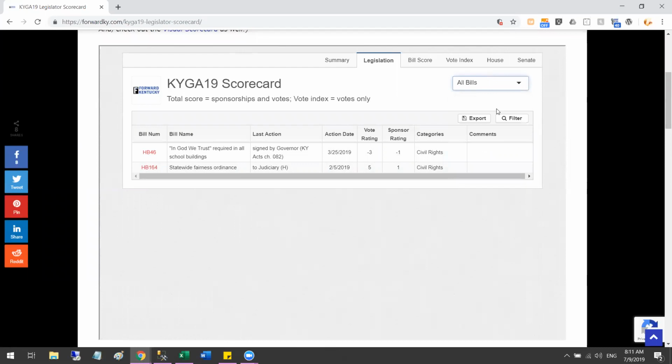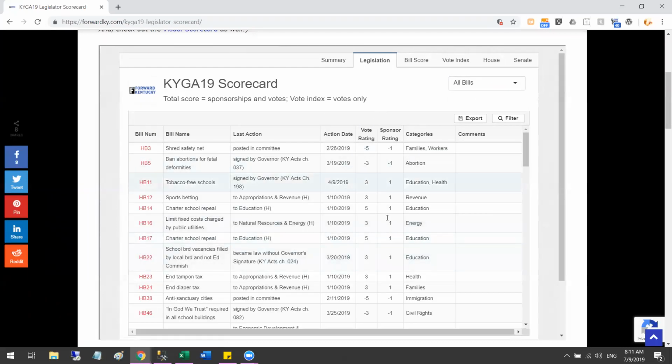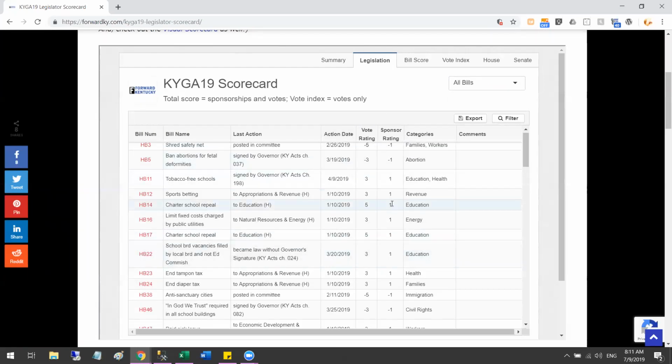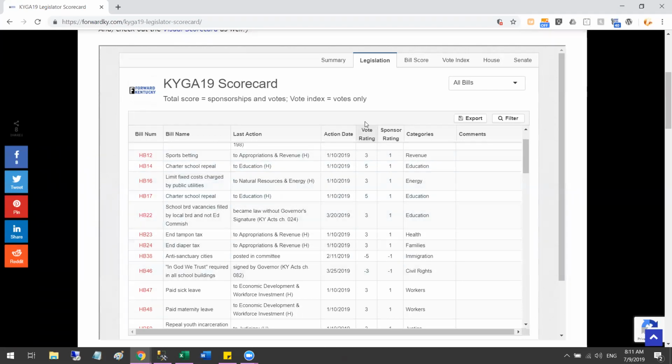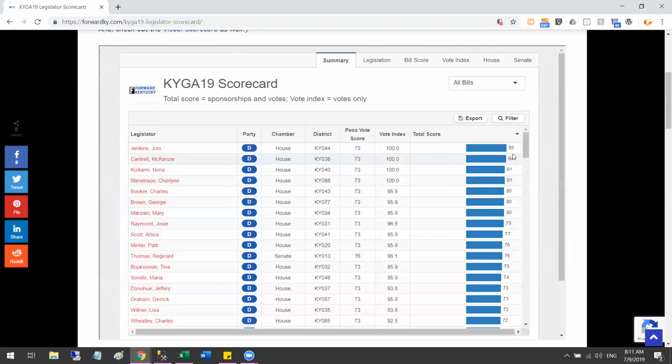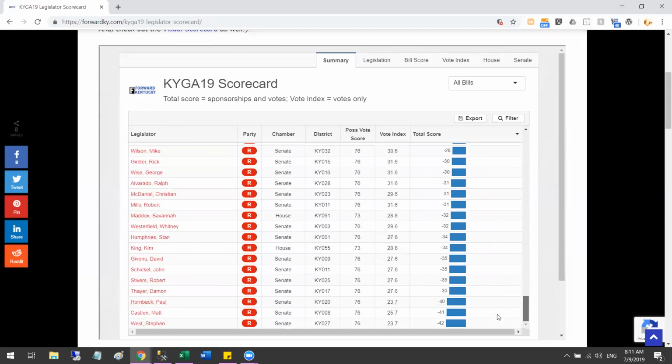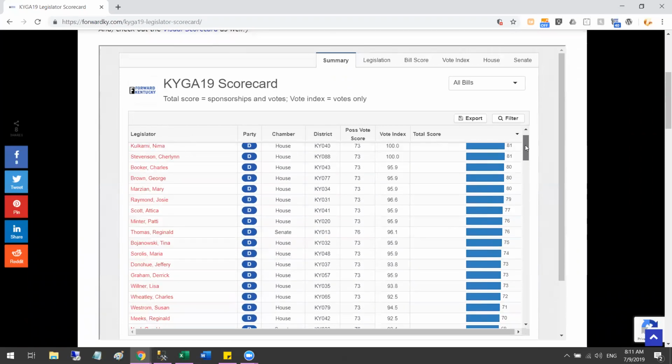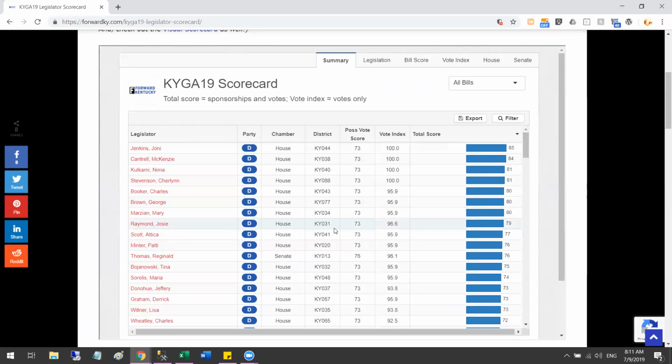All right, so that is the list of bills that they did. And once they rated them and said whether the sponsors should get extra credit for having sponsored it, here is the sum of their scores. They had 4 people who voted the right way the whole time, and then on down the ranks, right? As the viewer, I could see how my person did, how my party did, and how an individual did to see if I want to run against them. All of those kinds of things that we were just talking about, especially because this is interactive.